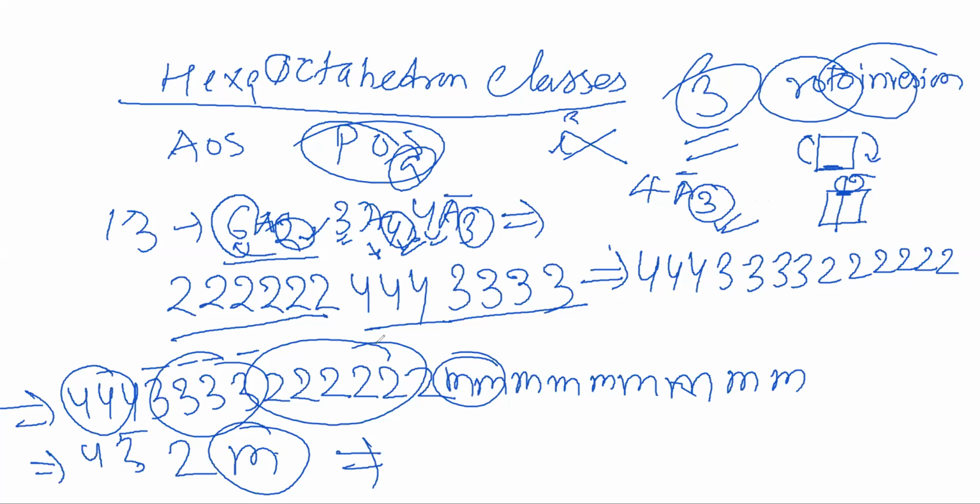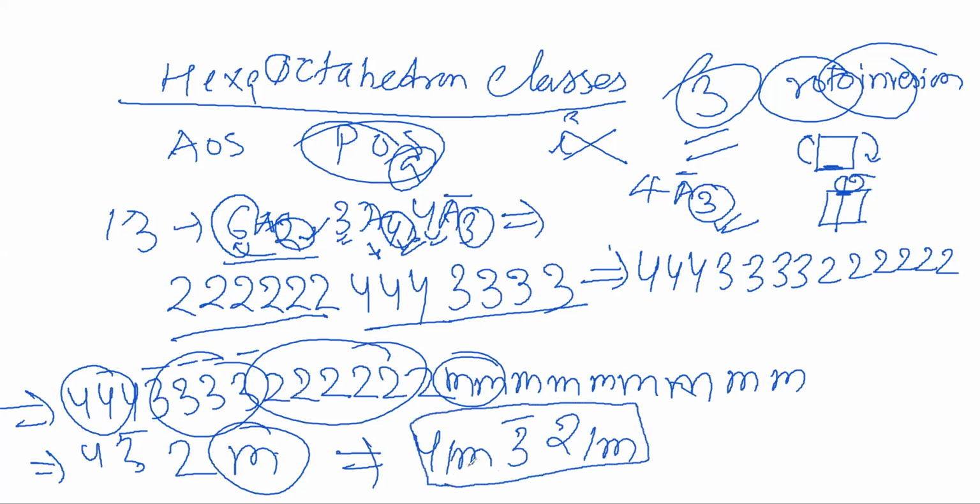And what I said is that these are 4 unit and we have to reduce up to 3 digit. So what we will be doing now, actually this plane is perpendicular to this 3 axis of 4/4 symmetry and also towards the diagonal, that is 2/4 symmetry. So it will be 4 by m, 3 bar and 2 by m. Getting my point or not? So this is our final HM symbol, which is reduced to 3 units.